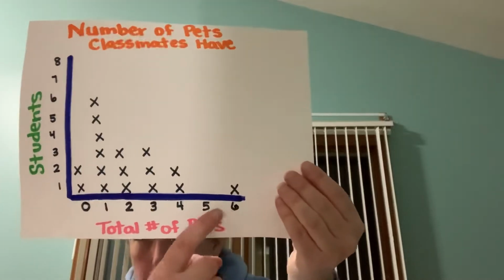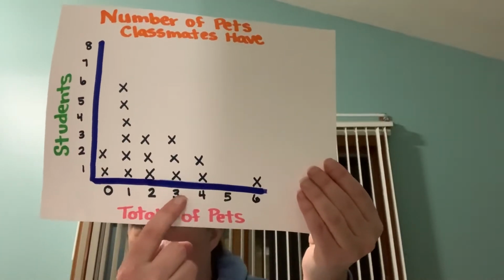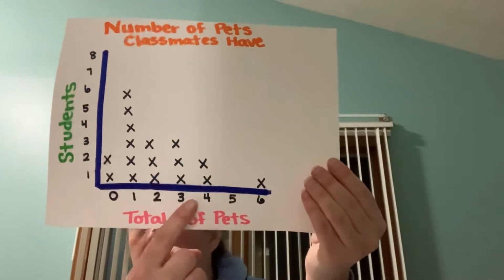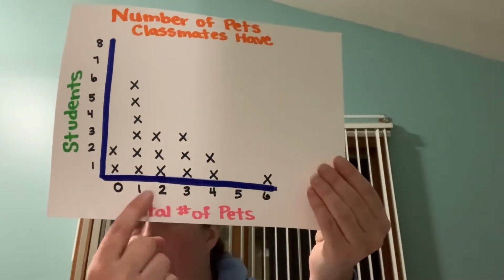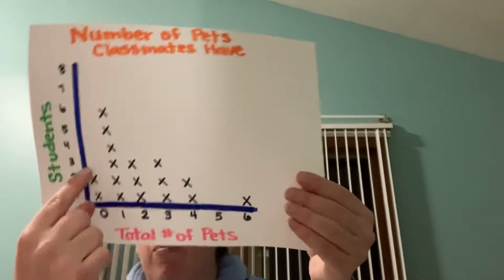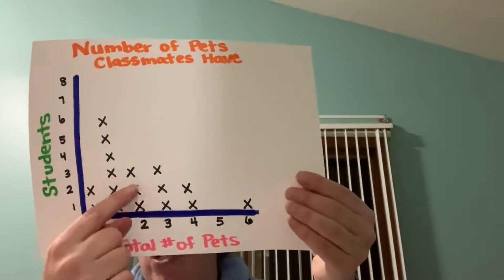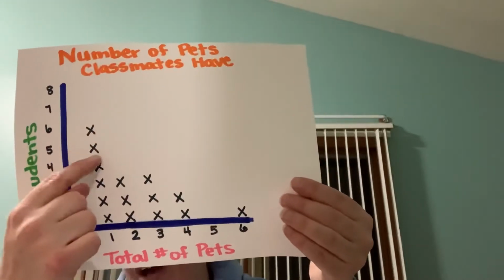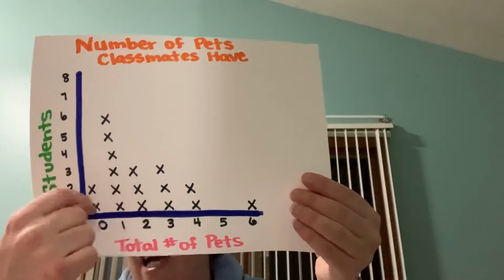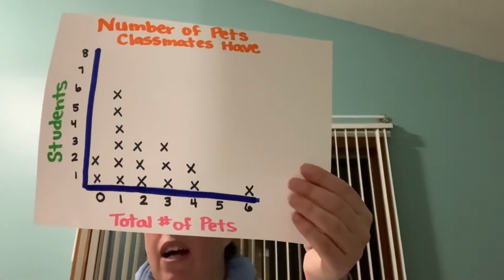Over here, my numbers that would be fewer than 3 don't include 3, because 3 is equal to 3. But fewer than 3 would be 2 pets, 1 pet, or no pets. So I'm going to count the total number of students in this whole section. So I have 1, 2, 3, 4, 5, 6, 7, 8, 9, 10, 11 students that have fewer than,